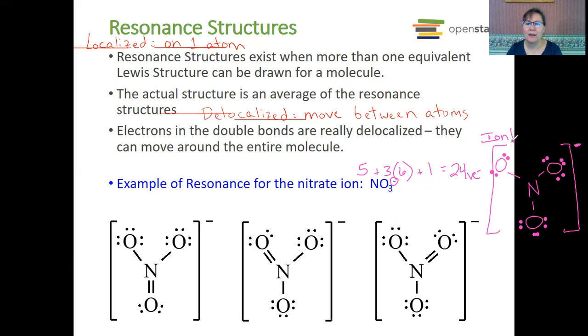Okay, so we can't, first of all, because, oh wait, 20, 22, 24, there we go. Okay, now the problem with that: it looks great, except for the fact that all of the oxygens have 8 electrons around them, but the nitrogen doesn't have 8 electrons around it. So,